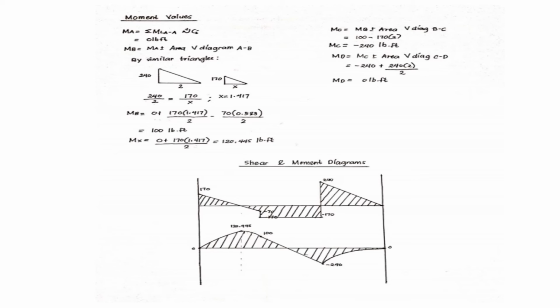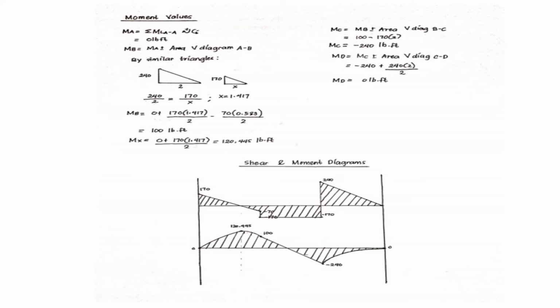After solving shear values, we then solve for moment values. For moment A, since its support is pinned, it can't resist rotation, therefore moment A is equal to 0. For moment B, we add the value of moment A minus the area of the V diagram AB, then we'll get the answer of 100 lb-ft. We can also get the value of Mx, which is equal to